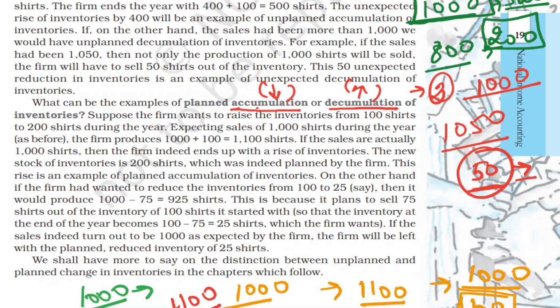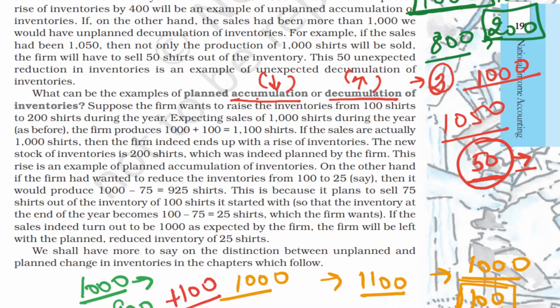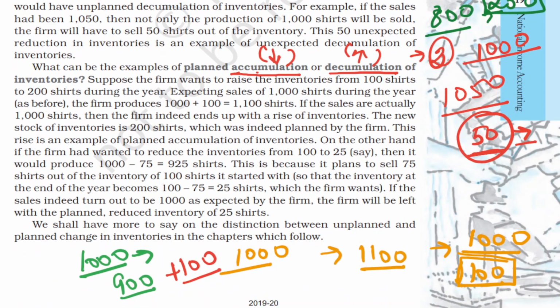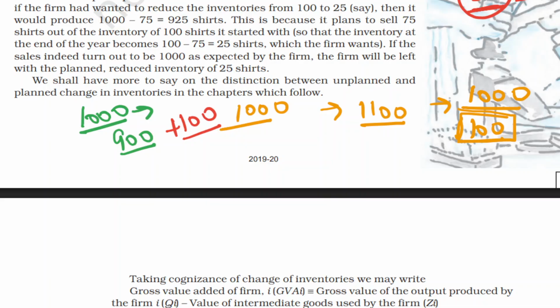The structure needs to be like this: first explain what inventories are, then the types of inventories. While explaining the types of inventories, first start with an example and then explain all 4 parts with the same example, right? Taking the different scenarios. As you have understood the planned, unplanned, planned accumulated and planned deaccumulated inventories, let's come to our value added method.